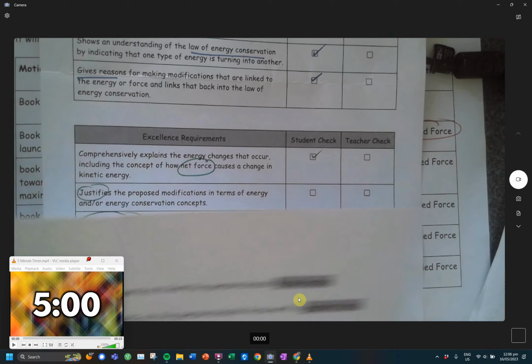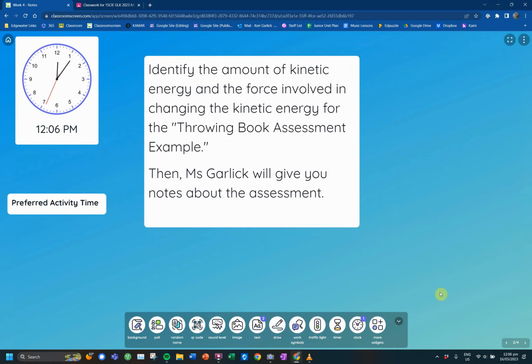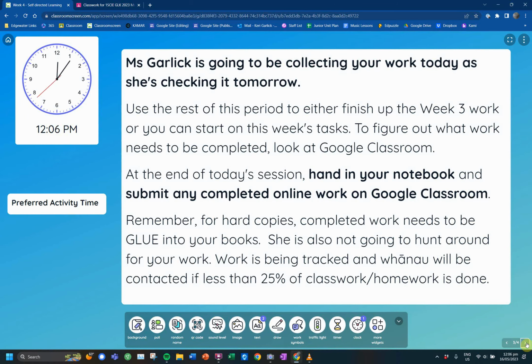All right, that's everything for that bit there. That is a worked example. So, yes. All right, so,